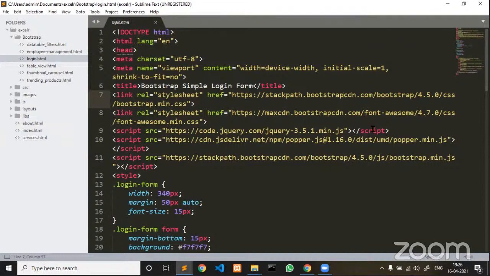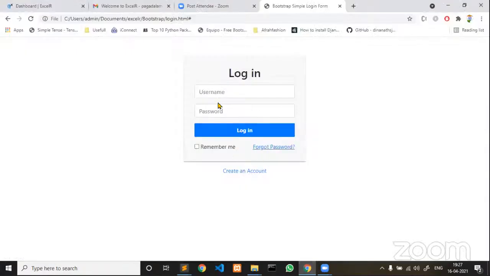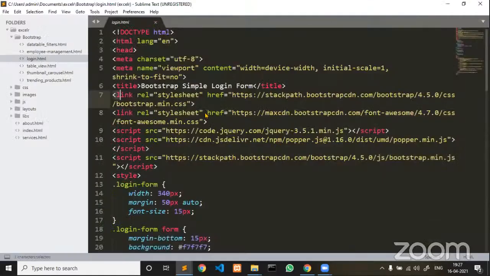I loaded this Font Awesome library. Nowhere in this login have we used any icons, but in other examples I have used some icons. Now see all the files: Bootstrap CSS, and also Font Awesome min.css. This Font Awesome CSS is for